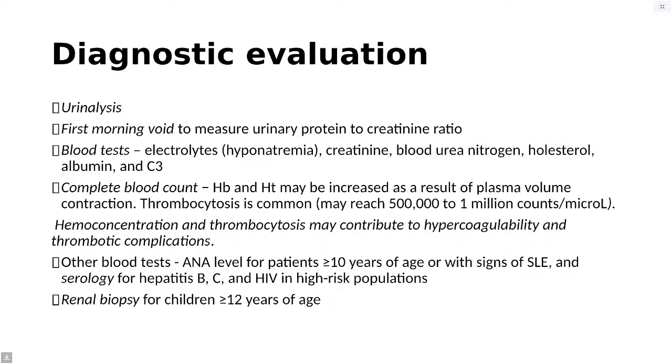Hemoglobin and hematocrit may be increased as a result of plasma volume contraction. Thrombocytosis is common. You see that it may reach high levels. Hemoconcentration and thrombocytosis may contribute to hypercoagulability and thrombotic complications. For other blood tests,